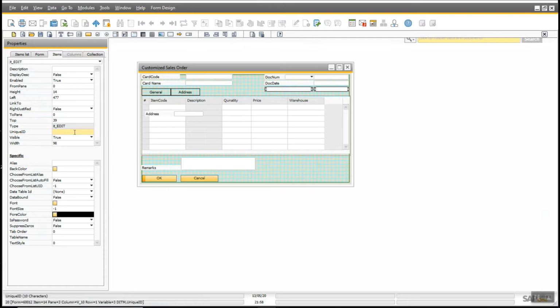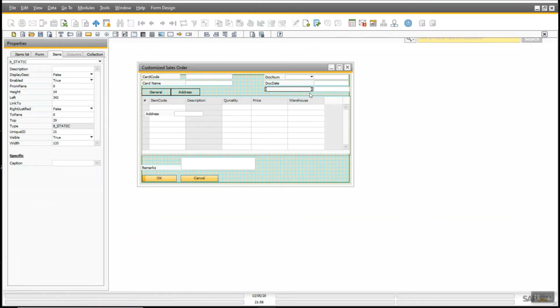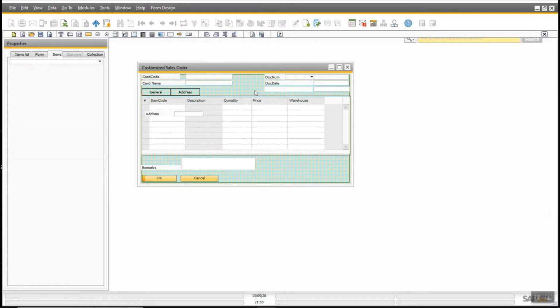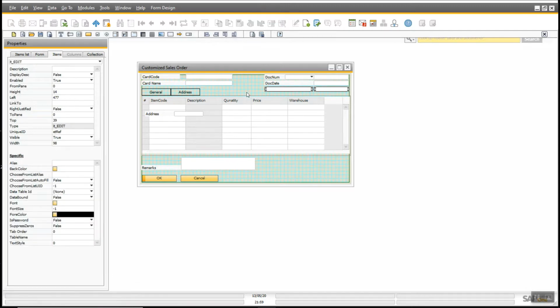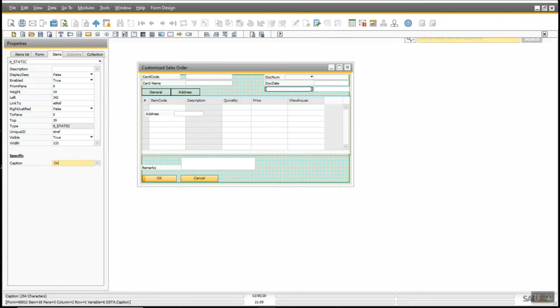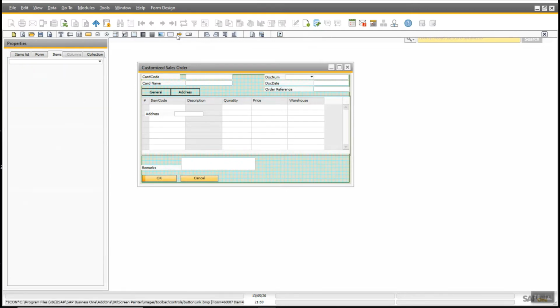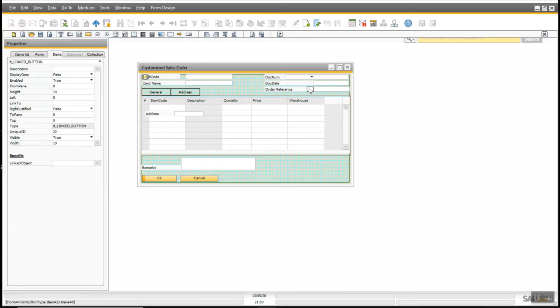Give the unique ID. Give caption. And also add a link button so that you can navigate from here.